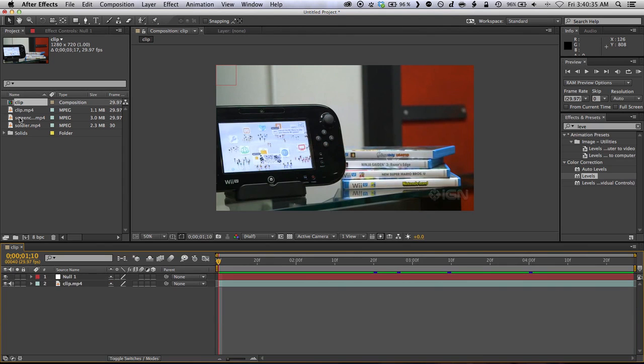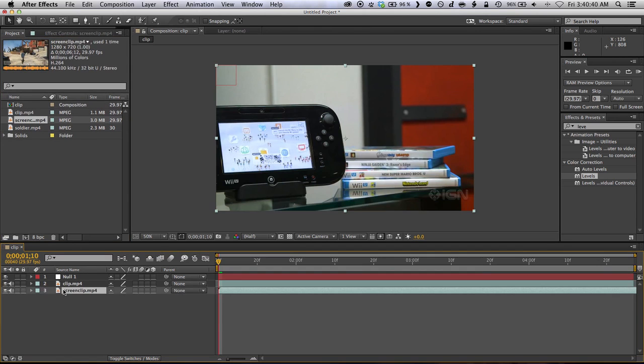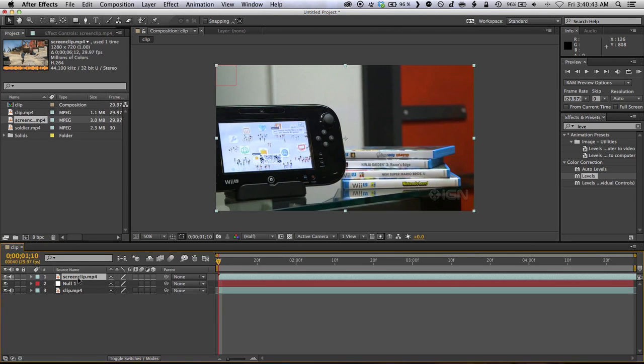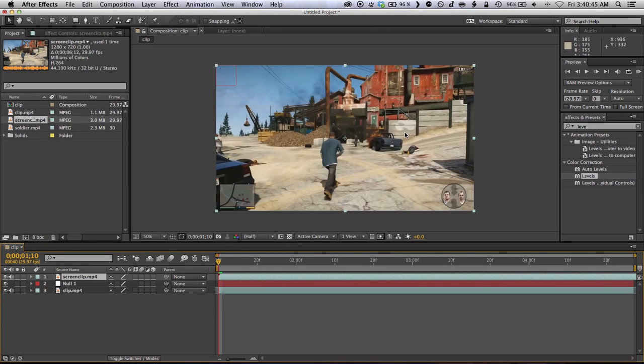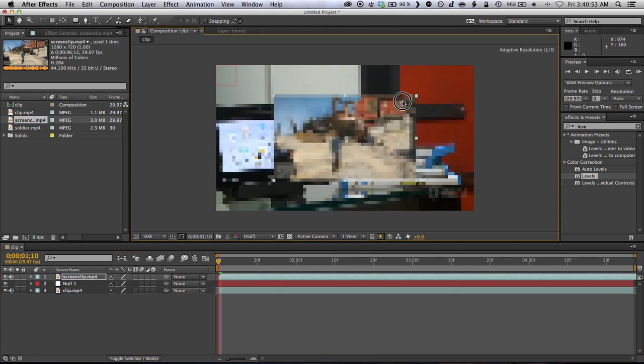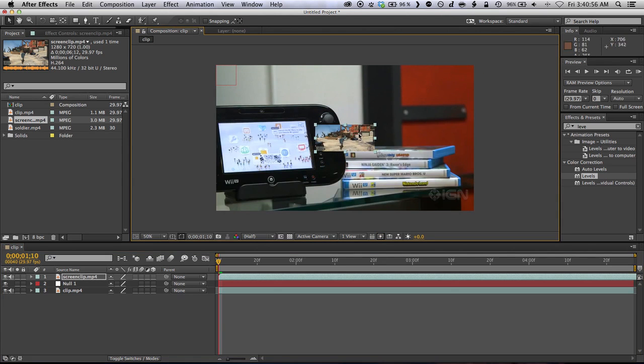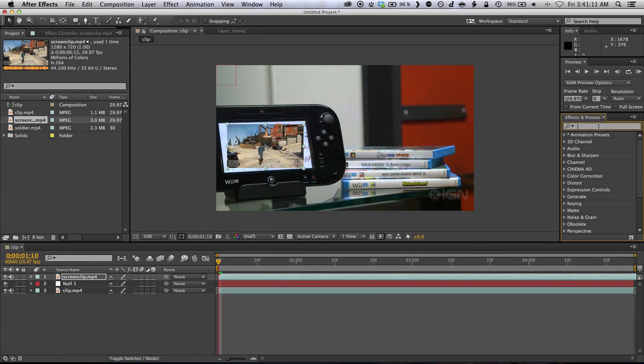Now we can grab our screen that we want to replace, just drag it down into here, and put that on top, which will just replace everything visually, but we can fix that by just shrinking it down. So we want to move this. I always try to fill up most of what we're going to be replacing. And then once we get it over there close, we want to go over here to